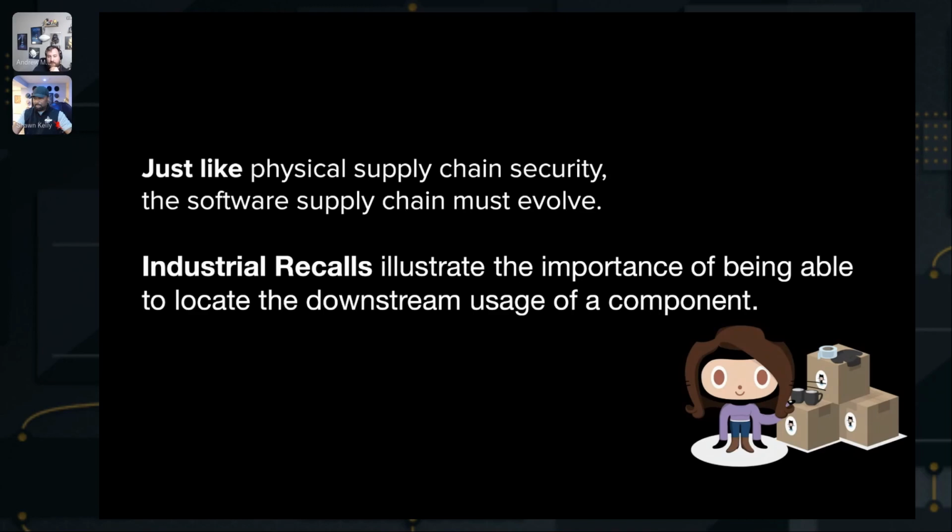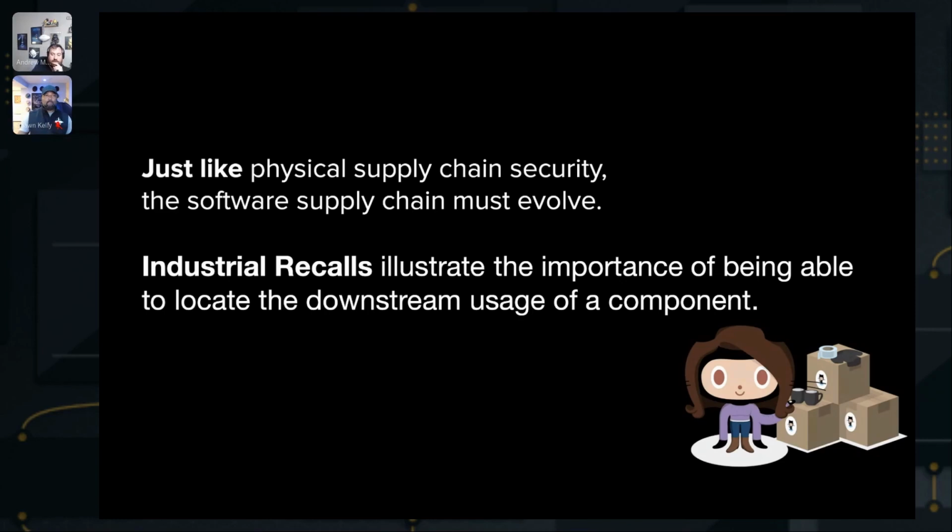But one of the big patterns here in being able to continue that innovation in a secure manner is recognizing what you are doing for your software supply chain as well. And one of the things I like to talk about is really industrial recalls. In software, we're not creating new processes. Agile and waterfall software development came from other engineering practices. So really taking a step back from what we're doing in building software and how other industries and other places have solved this.